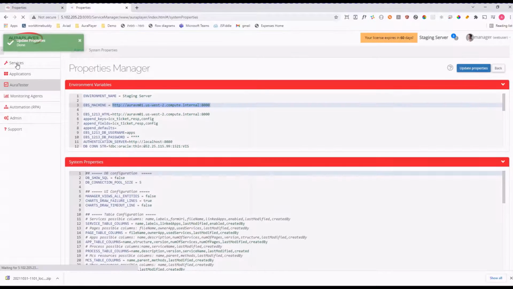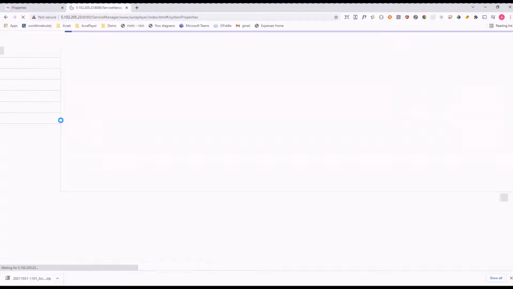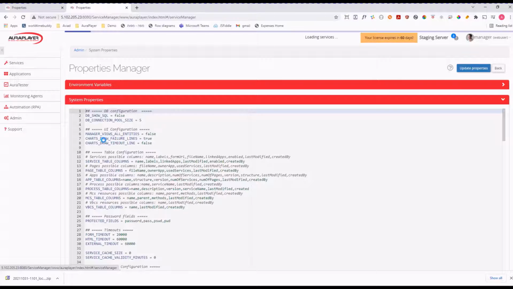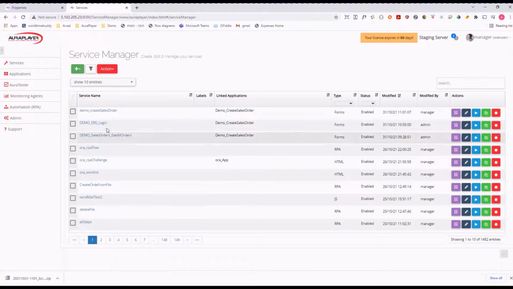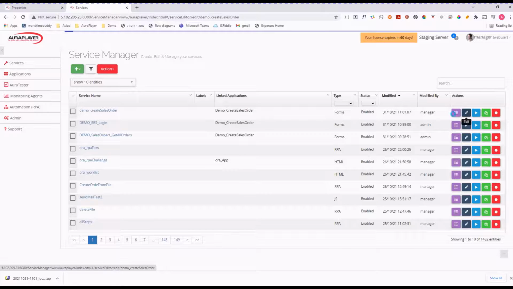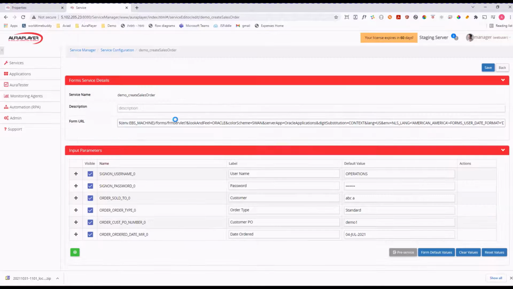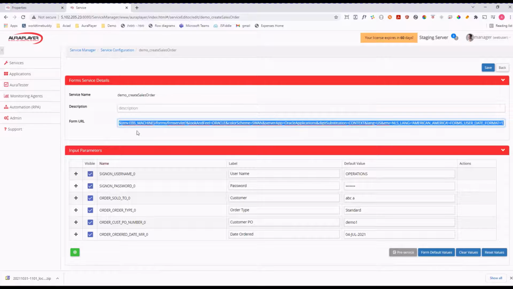And then when I go to the service that was previously linked to a specific value, I'll see that it points to the environment variable. So from now on, whenever I deploy a new version of this application from the development environment to the staging environment, I won't need to worry about these explicit values, because now it is linked to environment variables,